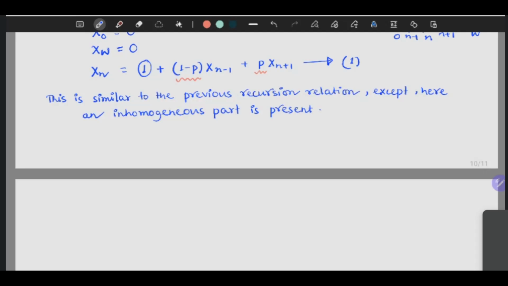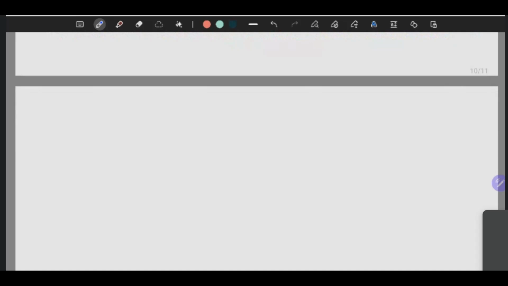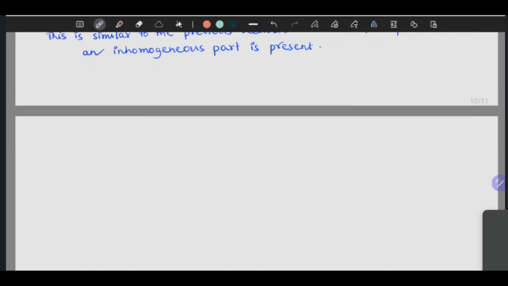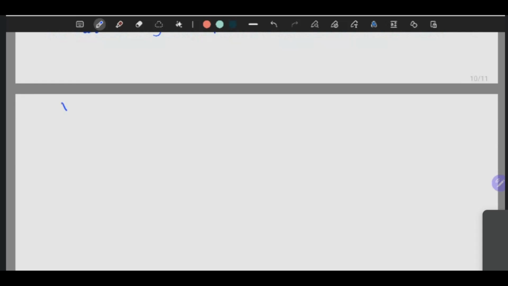So now we need to solve it. Okay, so to solve it, we can try with different particular solutions. So we have to find different particular solutions where